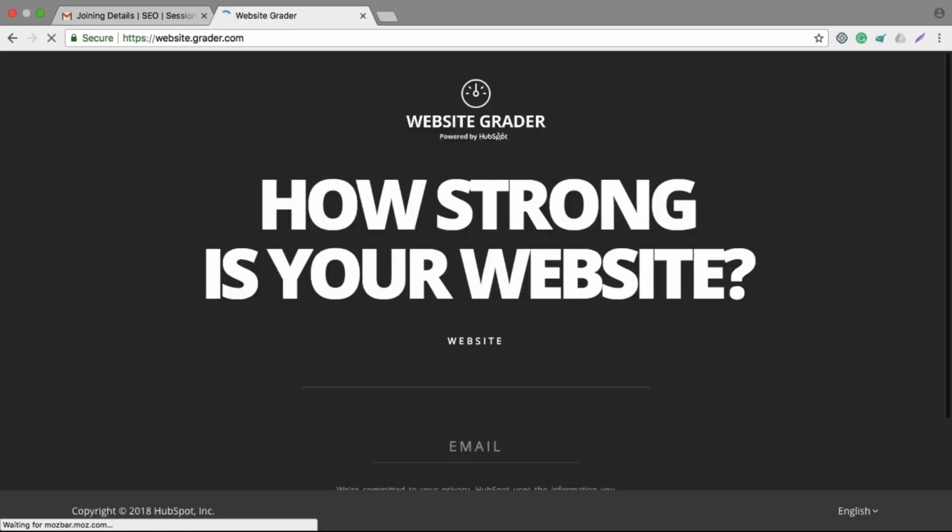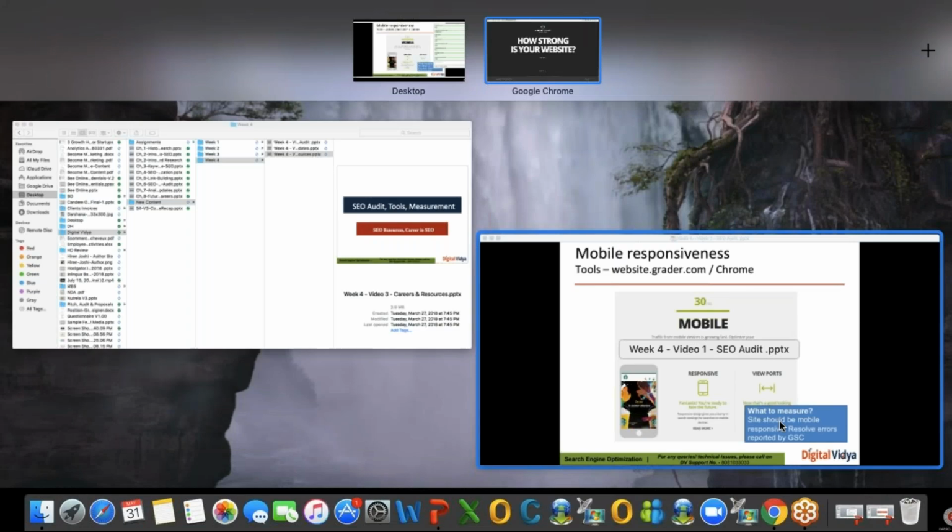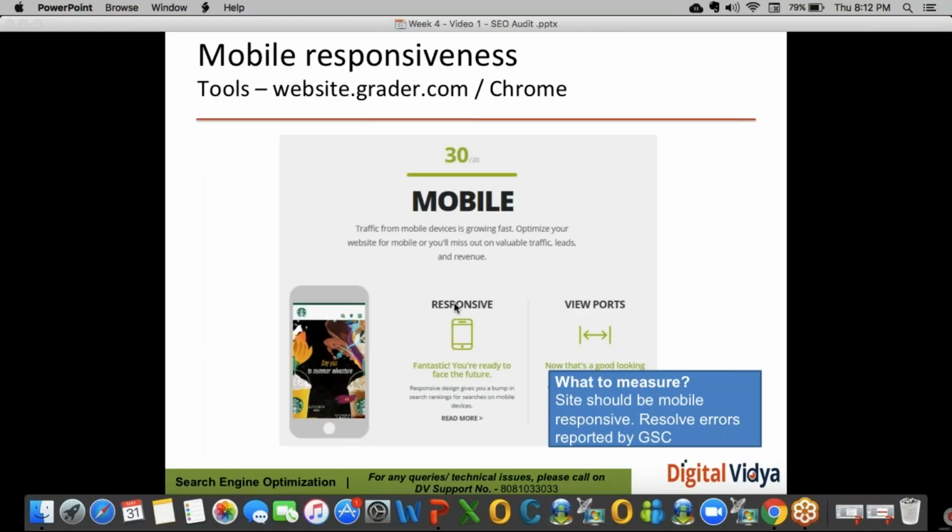I don't know how many of you have heard about HubSpot. HubSpot is also quite a famous company when we talk about CRM and marketing software. So I will be checking one website live. Anyone who wants to share your website, I will be doing a live audit, but I'll be checking only one website because we have limited time, and it will be on a first come first served basis. So those who share the first website, we will be checking their website live in this tool right now.